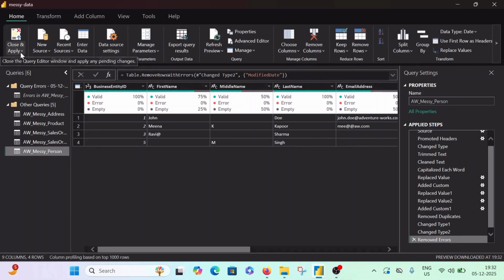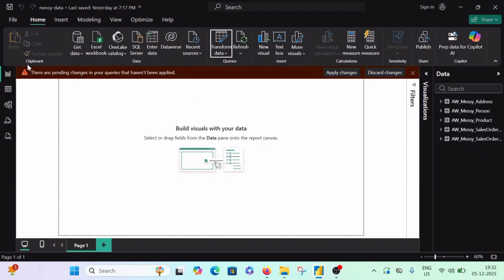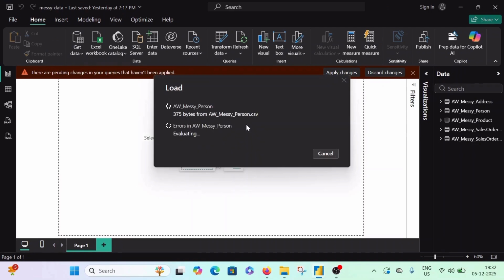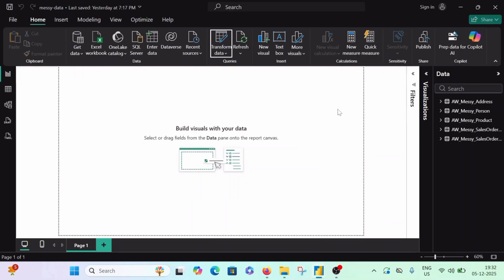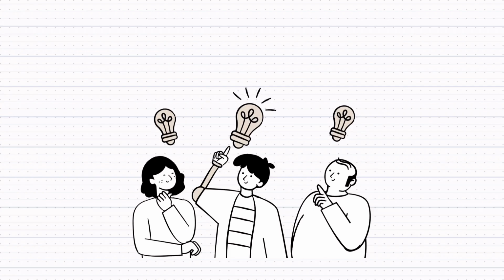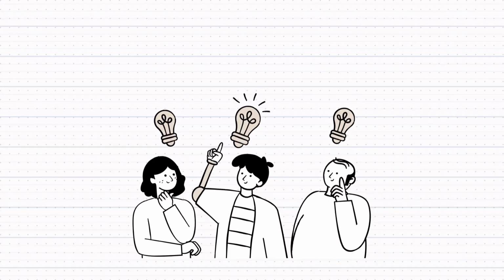Okay, in this video we have gone through how to trim and clean the data, how to create a custom column, how to set data types if they are not available or wrongly set, how to clean dates, and how to remove errors. So let's keep another video for more complicated transformations, and for now keep learning and bye bye.